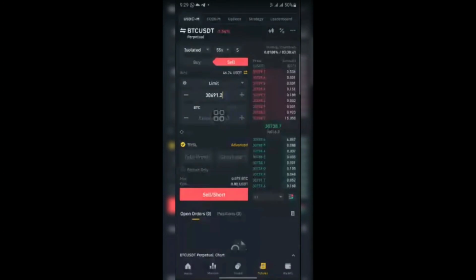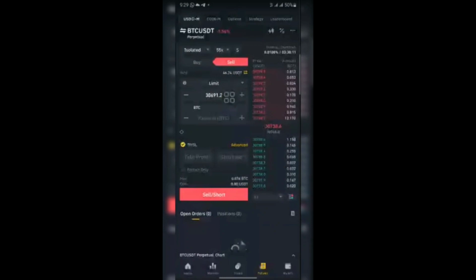Let's say the trade is not going in your direction and you did not set a stop loss. So the trade will liquidate you. But the only amount it is going to liquidate is the amount you used to enter this particular trade, which is $10, if you don't set a stop loss. So you will still be left with $36. Do you understand?